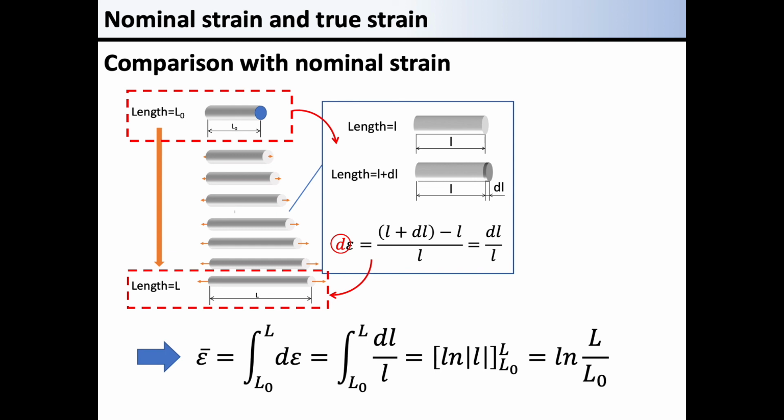That can be easily verified by using Excel or other calculation tools. First, you should determine the value of L and L0, and then set a very small range of deformation. Now, you can compare the values of nominal and true strain. For example, comparing the value of both strains at around 1% or less, we can confirm that these strains are almost equal.